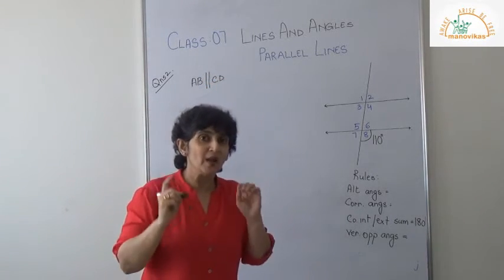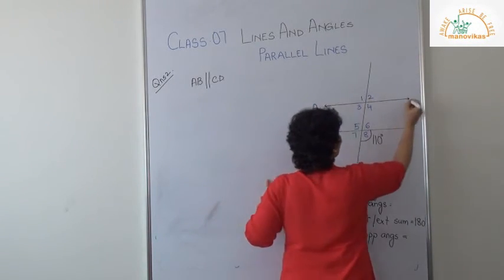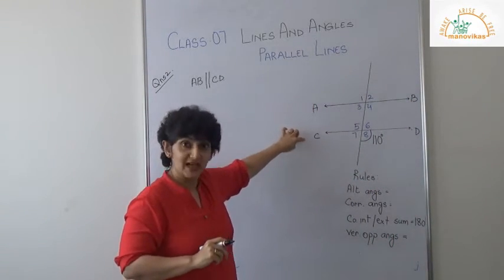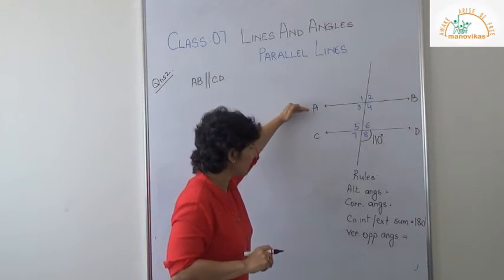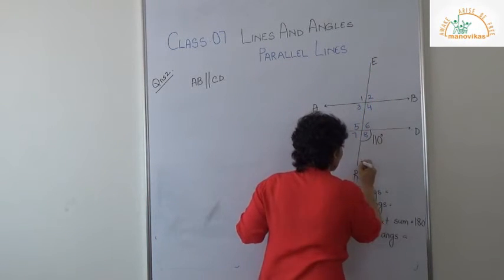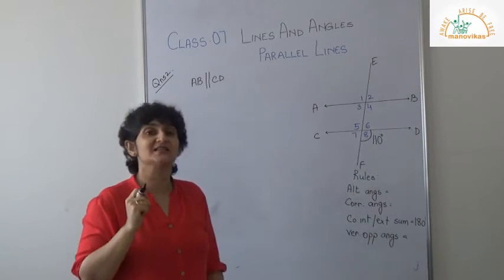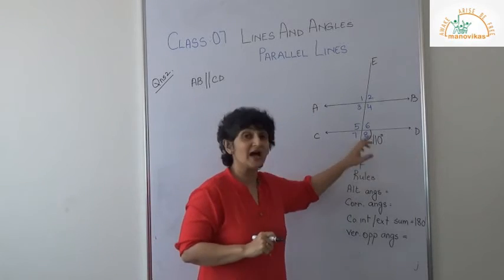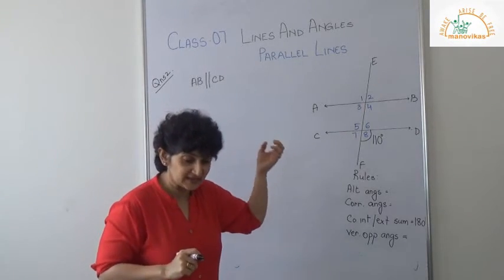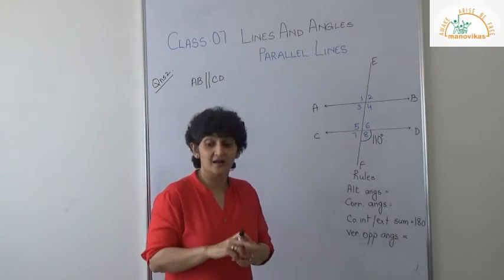Now children, I told you, whenever they say that if there are two lines, let's write here AB and CD. They have told us that these two lines are parallel. They are saying AB is parallel to CD and EF is your transversal. Alright? AB is parallel to CD and EF is a transversal. And they have given you angle 8 is equal to 110. You need to find the other angles, giving reasons. So you already know what the rules are.